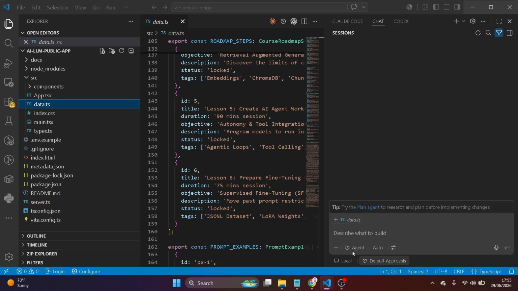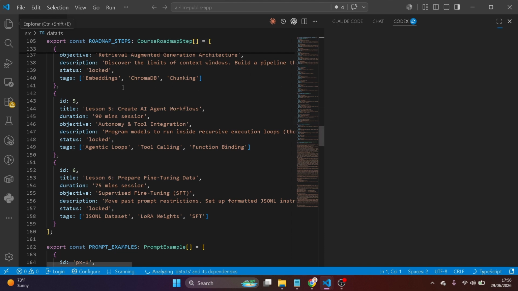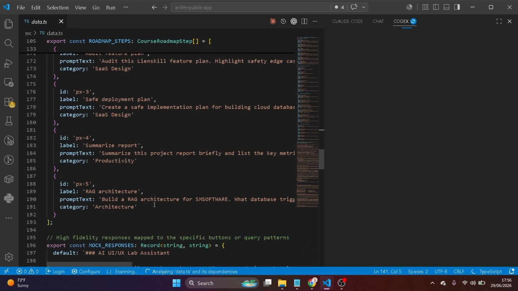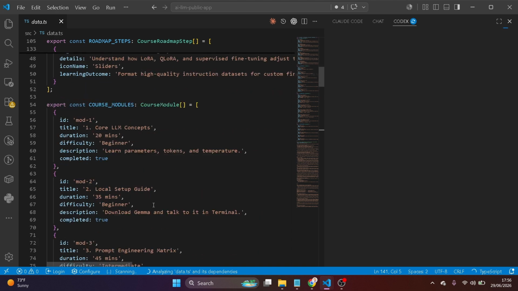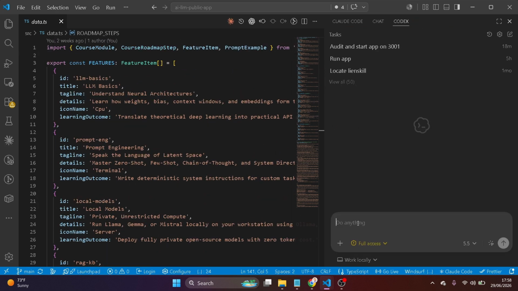Let's ask Codex. You can ask Codex to audit the app and start, or you can just start by yourself. But let me ask Codex to do that because since this is about building with AI, we just have to make sure that Codex is doing the correct thing. Right, so what I can do is tell Codex